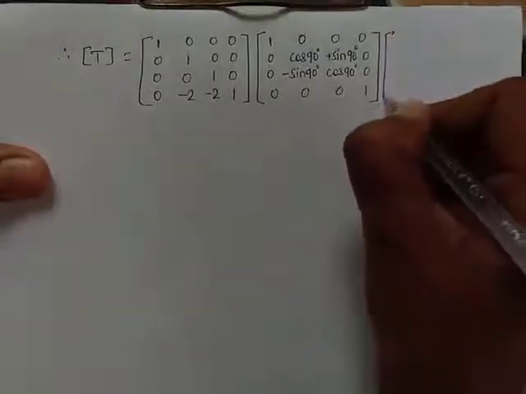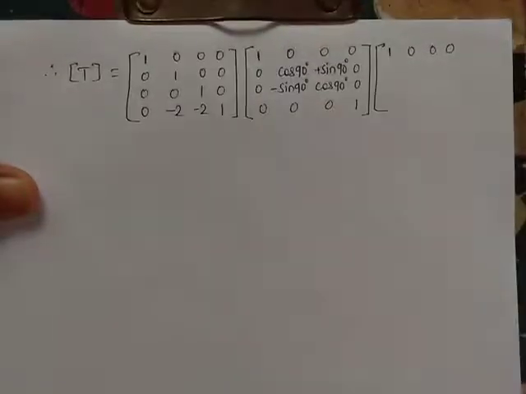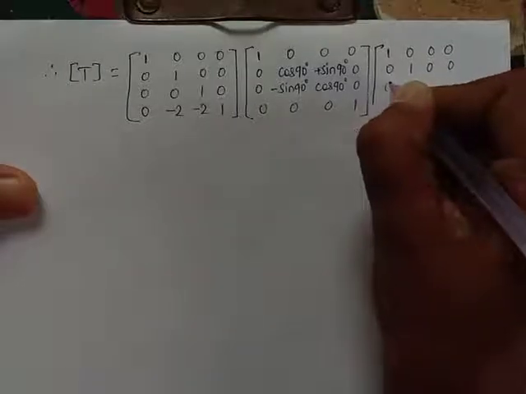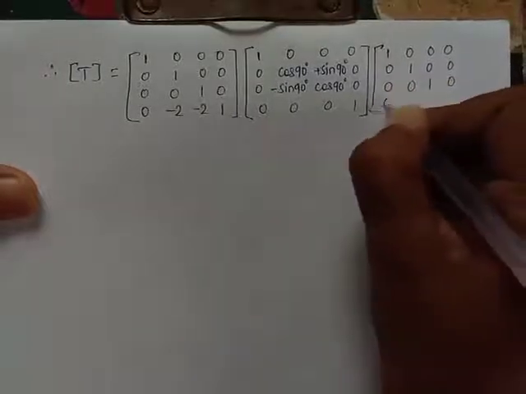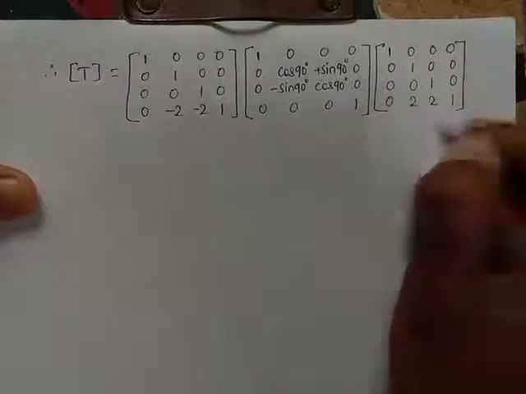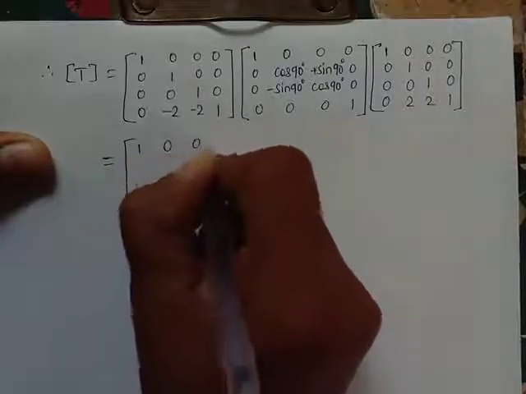Into inverse translation. What is inverse translation? That inverse translation matrix is 1 0 0 0, 0 1 0 0, 0 0 1 0, 0 2 2 1. This is the inverse translation matrix, right? So now this is the same as 1 0 0 0